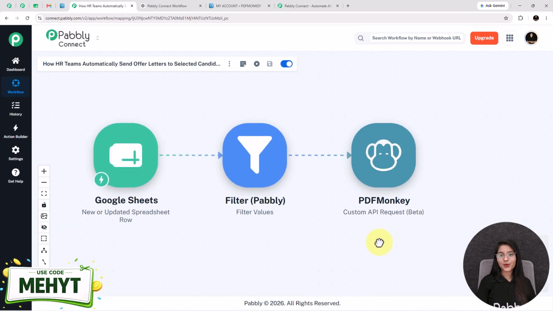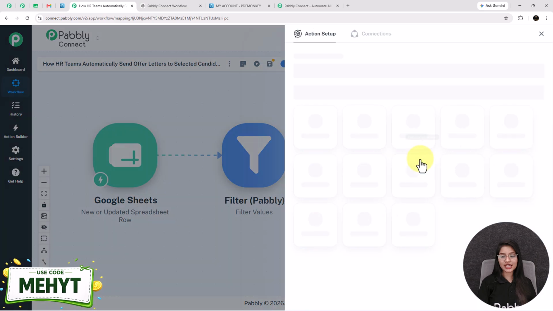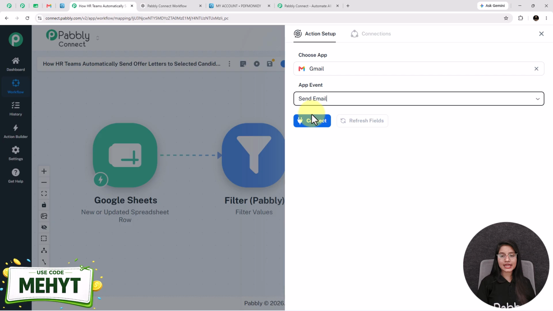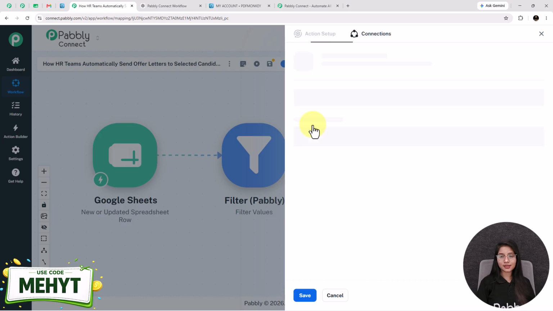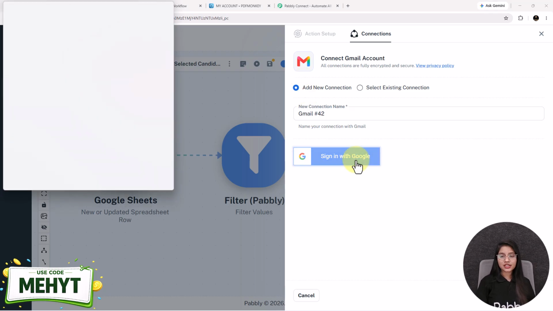Now comes the most important part of this automation, that is sending the offer letters to the specific candidate's email. So for that, I'm selecting my next action application as Gmail and the app event as send email. Next, I'll click on this connect button. After that, for adding a new connection, you need to click on add new connection and click on this